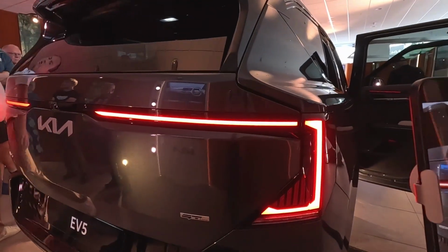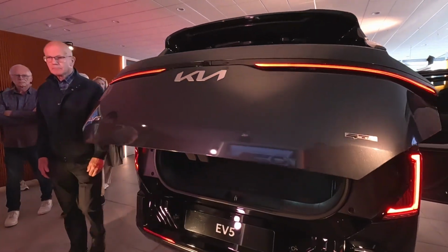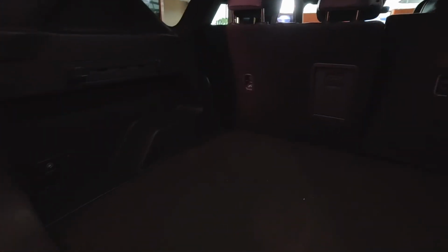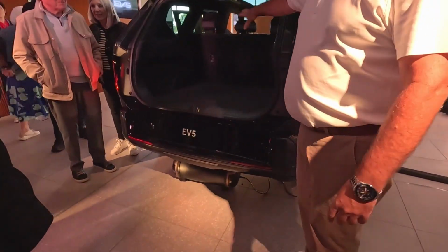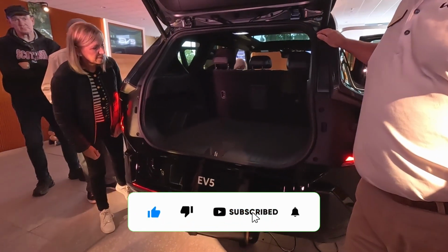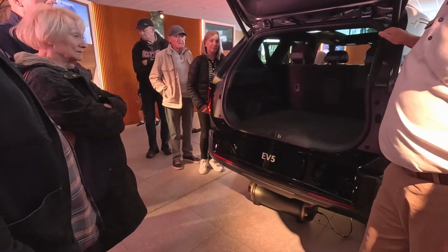Let's have a little look in the boot, if I may. So you can see the size of that. Having a quick look in there. Good. So if I have a quick look in there, folks, I'll charge you extra later. Yeah, all right. So 550 litres of boot volume, folks. So if any of you have had a look on the internet and come up with a figure of 513, you've got your